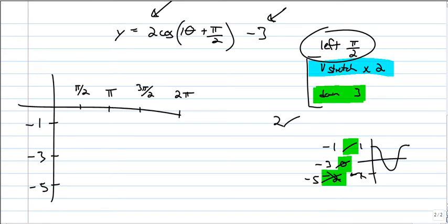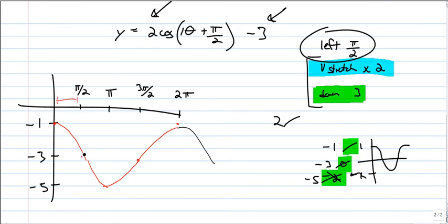Well, if we didn't have the shift left, this is a cosine curve, the graph would look like this guy. So if you didn't have the shift left, you would have this graph. So everything's got a shift left pi over 2 units. You'll notice the distance between these markers is all pi over 2. So everything has to slide left. And you could continue this graph on. So if everything slides left pi over 2 units,